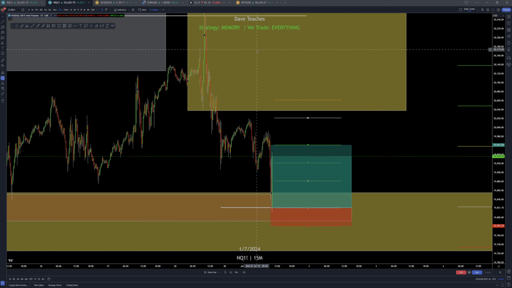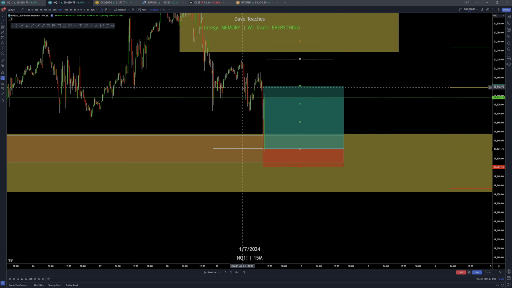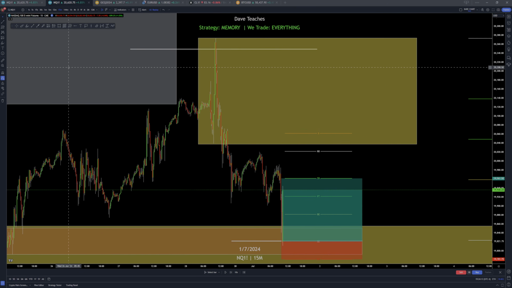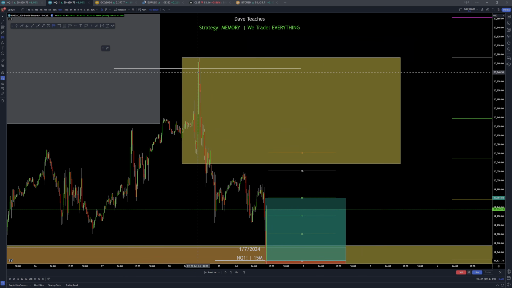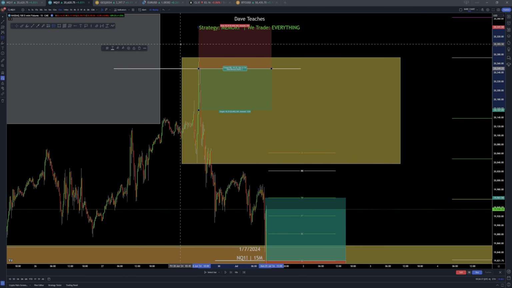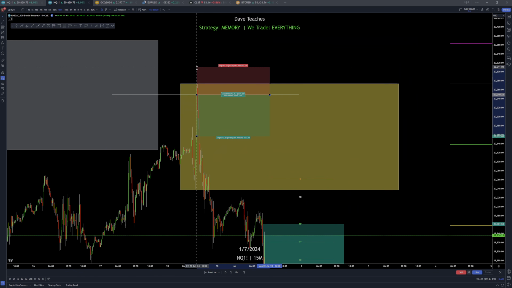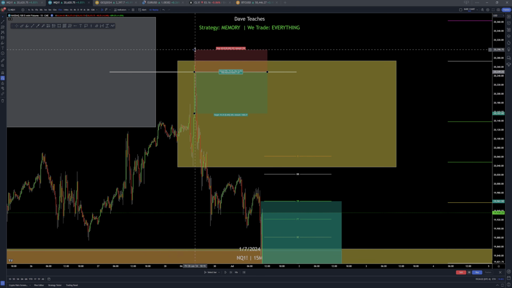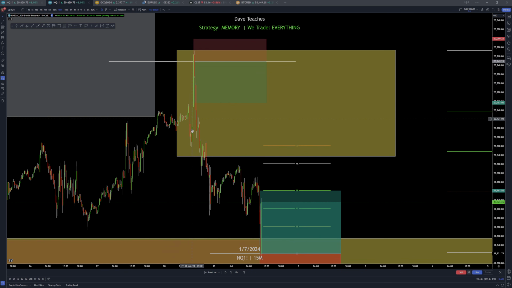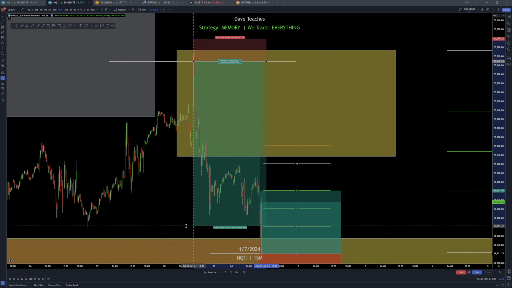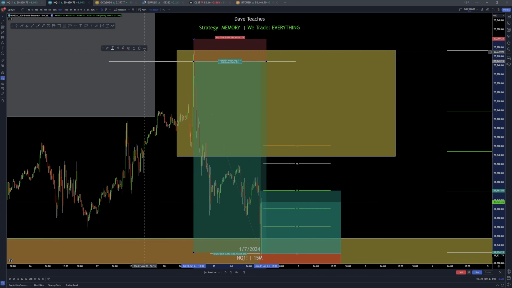The same entry that we had to the top side had about the same amount of R to it. But if you saw when it ran, it actually ran a lot lower than we allowed the fib and entry to let it go. So it ran quite a bit. That was about 8R from a